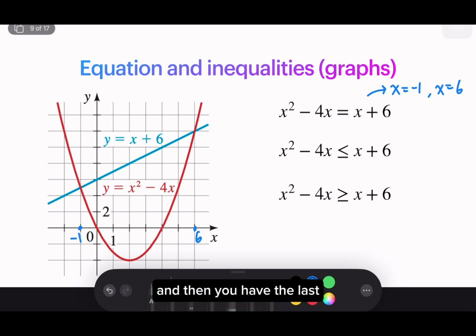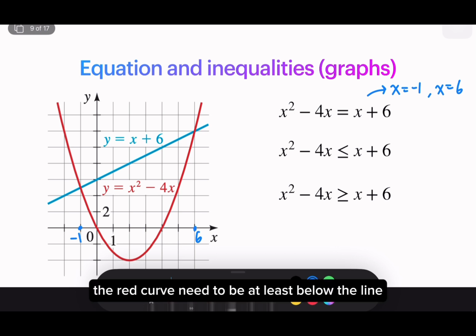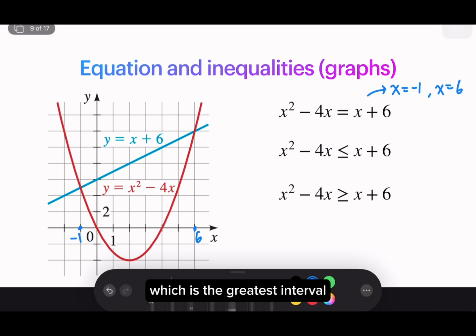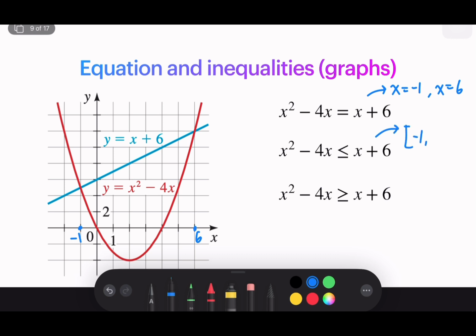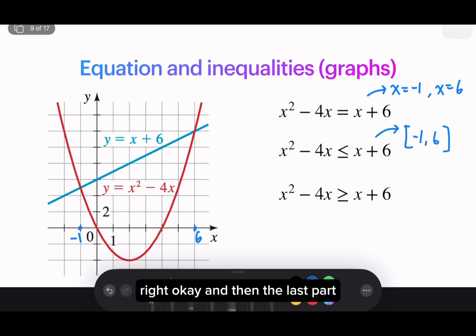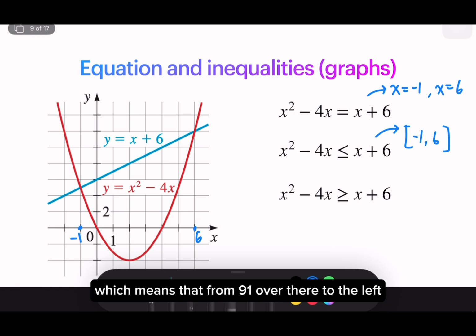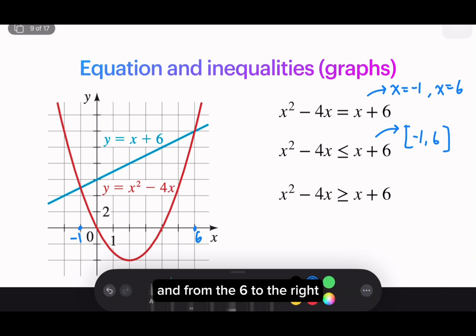And then for the next one, it means that the red curve needs to be at least below the line, which is between this interval, right? So we get the solution for the second one. And then the last part, the red above the line, the line with blue, which means that from -1 to the left and from 6 to the right. So we can write